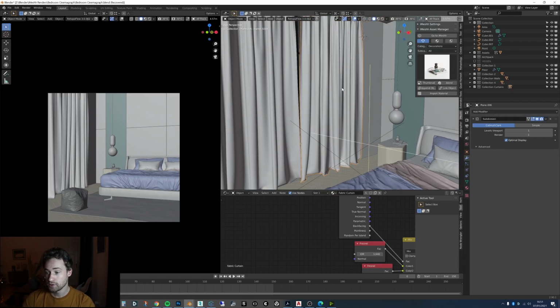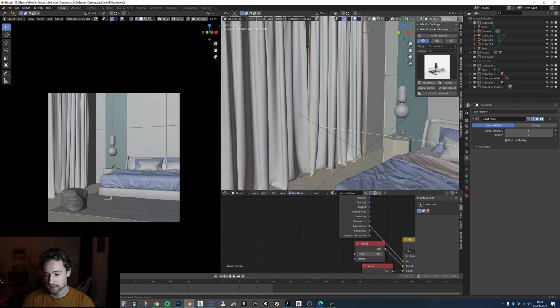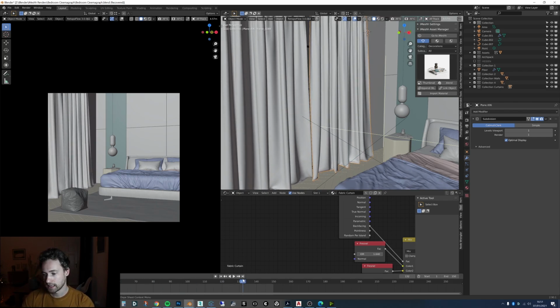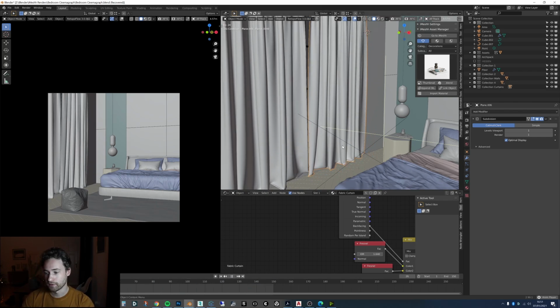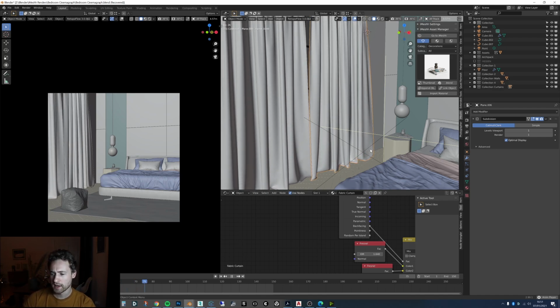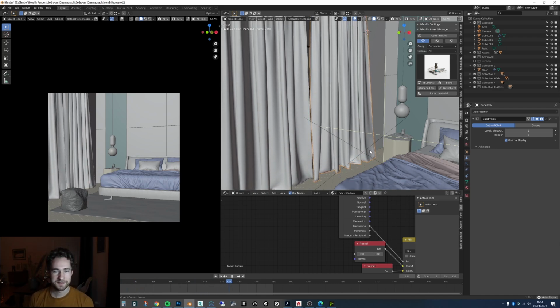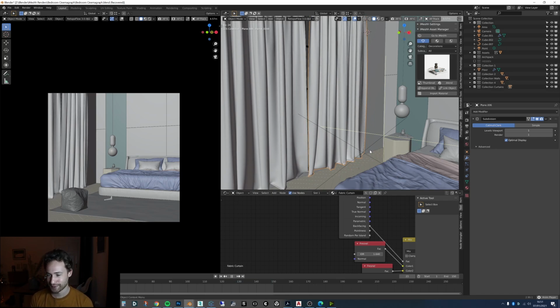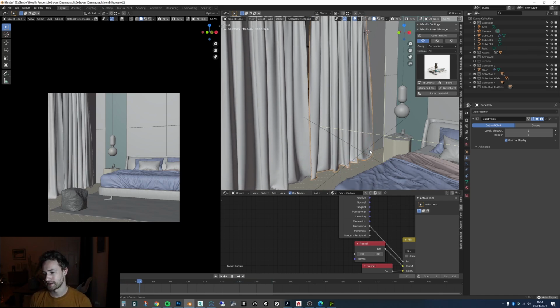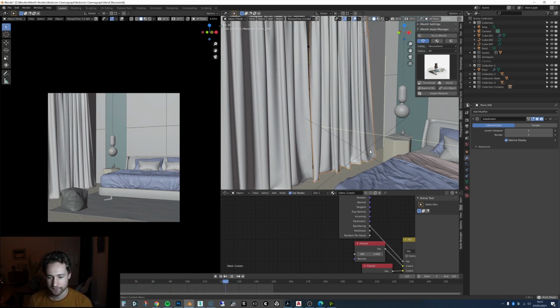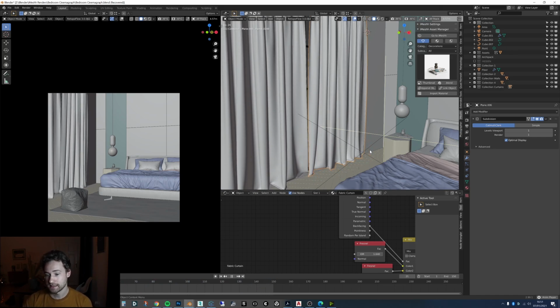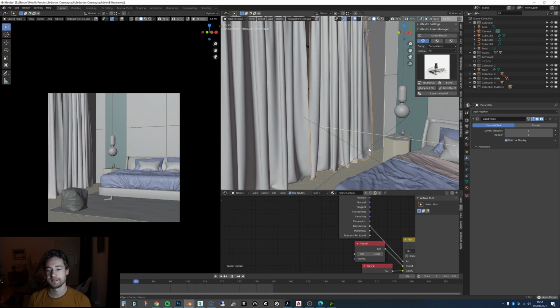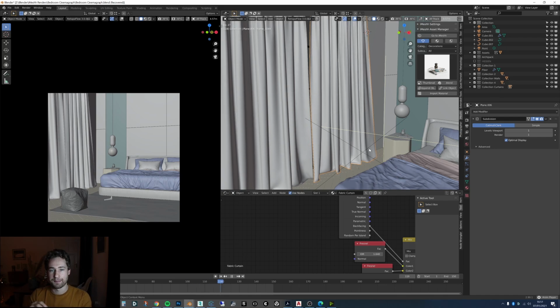I then had 2 curtains, so I did that twice. So now if we move across, you'll see that it blends quite nicely with both of them. It does kind of go through the wall here, but it was just going to be a tutorial and I really wasn't too fussed with that going through the wall. But if you want to make that yourself, that's something to keep an eye out for. And you'll see that there are many other opportunities to add some small things to just happen in the video.